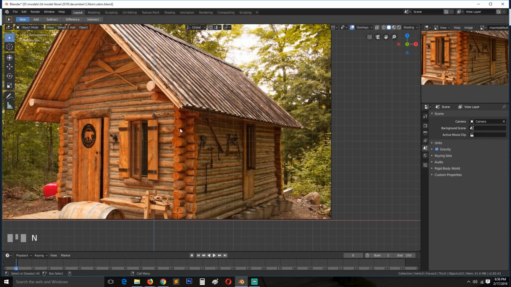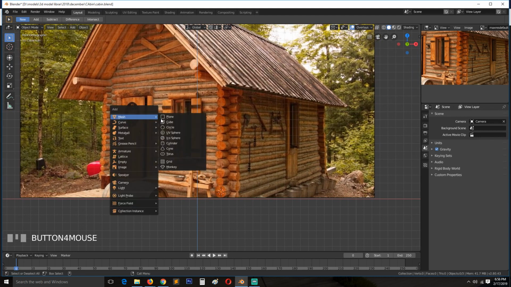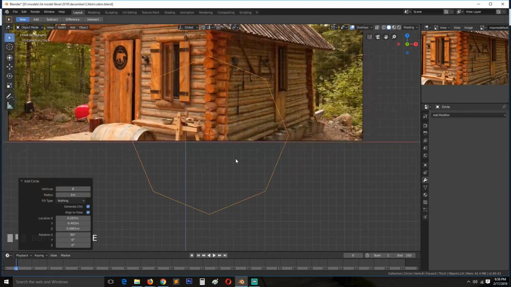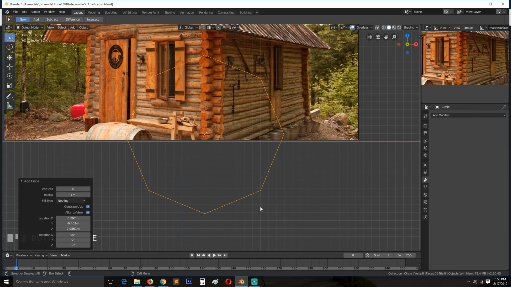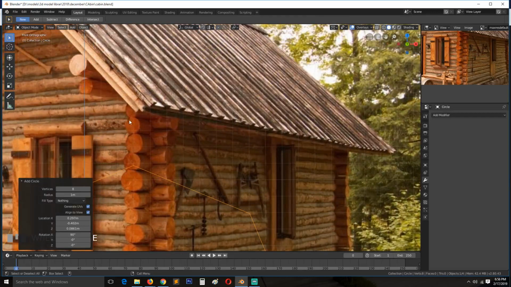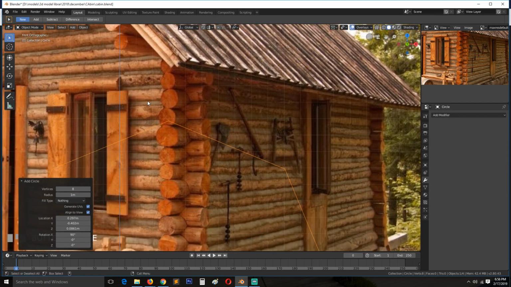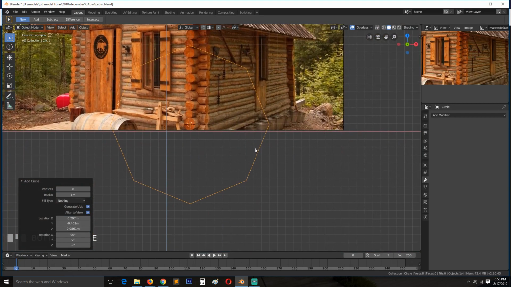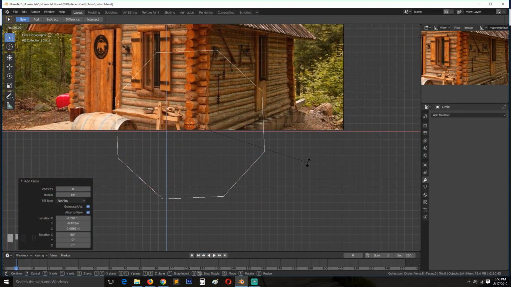So I'll start with making this wall here. I'll start by adding a circle, aligned to view. I'll just use, I think, 8. Let's try. Yeah, I think 8 vertices are enough for this. So I'll rotate. What I want to do is, you can see between these different logs, there is some kind of adhesive or cement or concrete in between the different logs that is keeping them together. So to do that, I will, I think, rotate this about 20 degrees